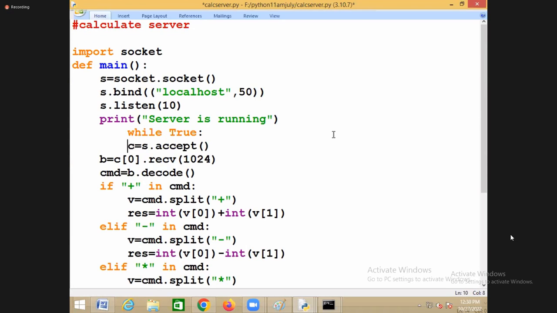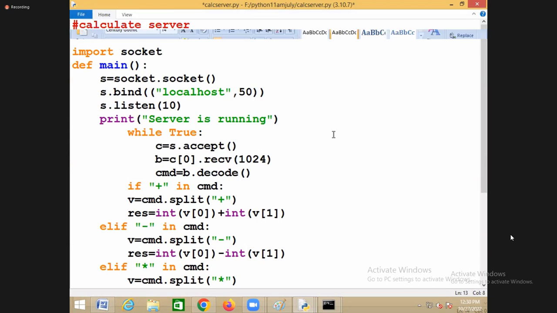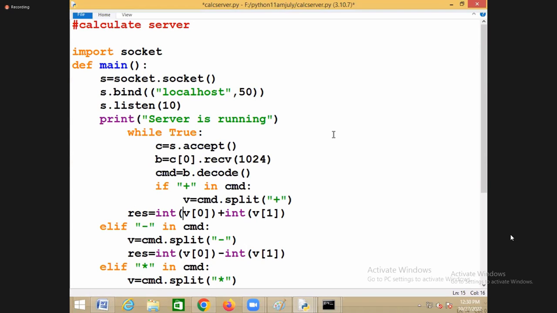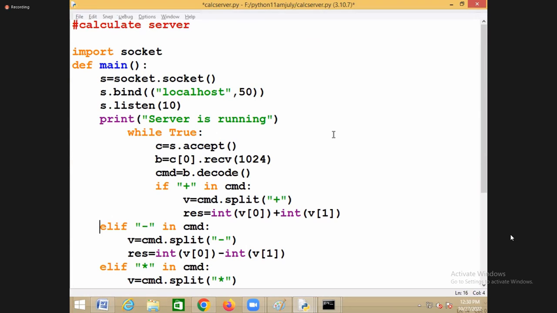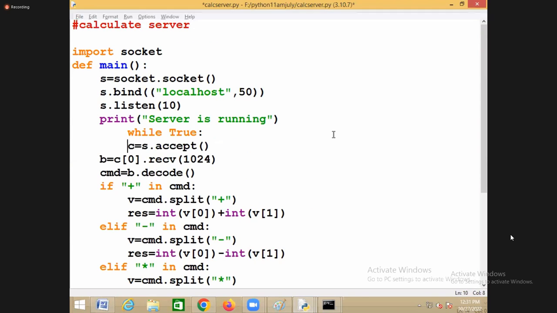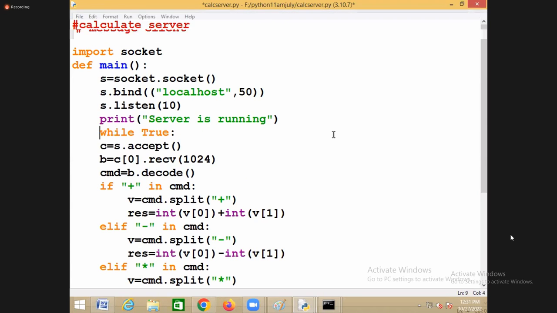While true, now the server keeps on running, so that you can send either one time or more than one time, right? So while true,